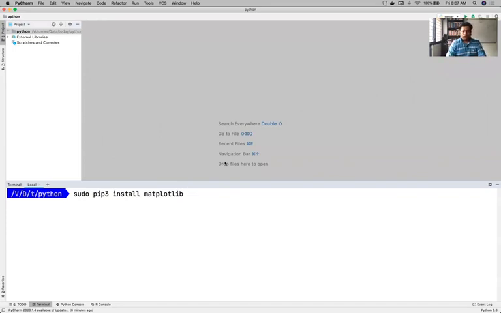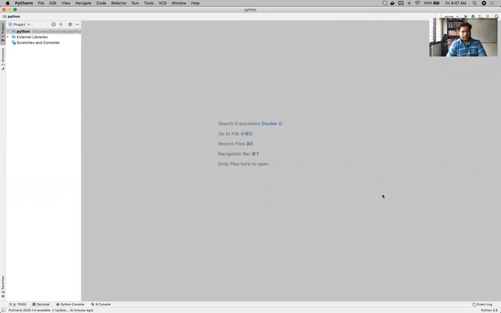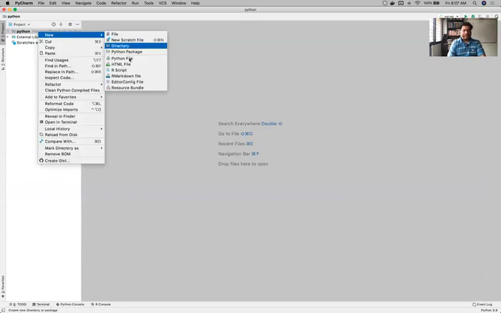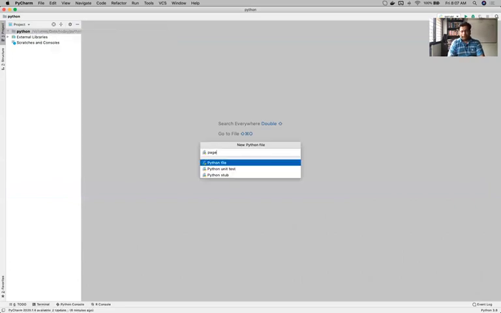Again, Windows people do not use sudo. If pip3 is not installed, use pip. So it doesn't matter whether it's pip or pip3, ultimately you should have that package installed on your machine. That's it. Now, if you have it installed, let us start using matplotlib and see what we can do